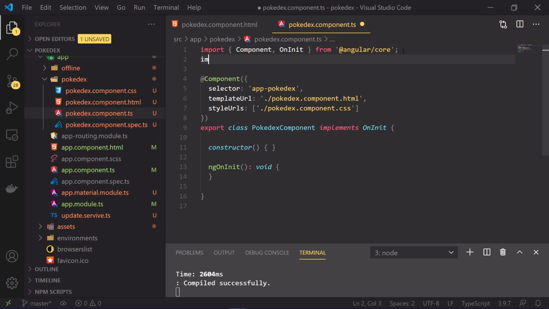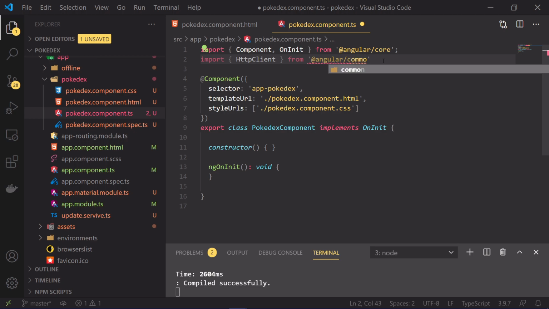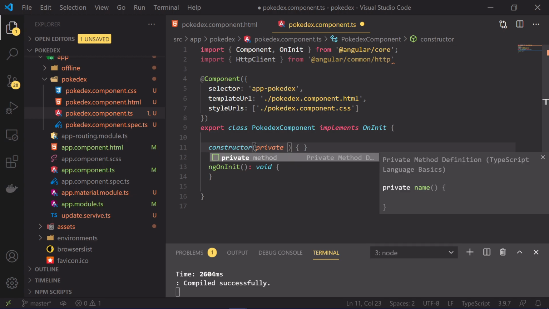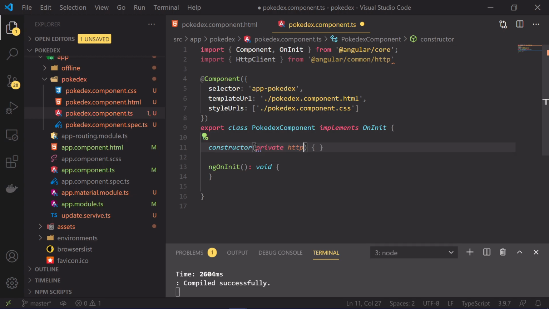I need to import HttpClient from @angular/common/http, and I need to include this in my constructor. So I'll just call this http. Okay, so I have the http with me.